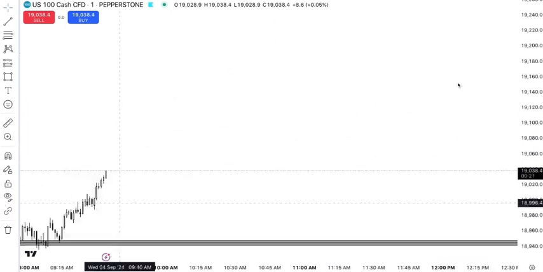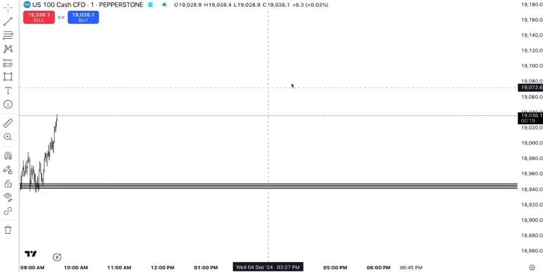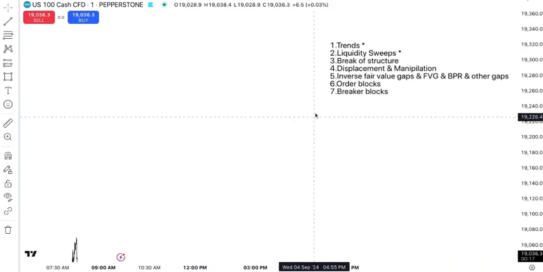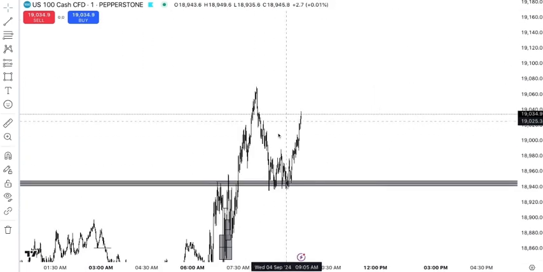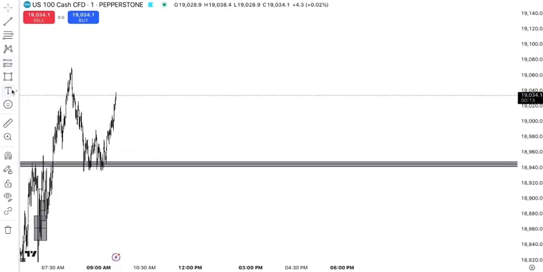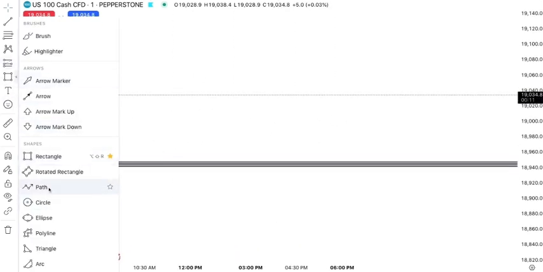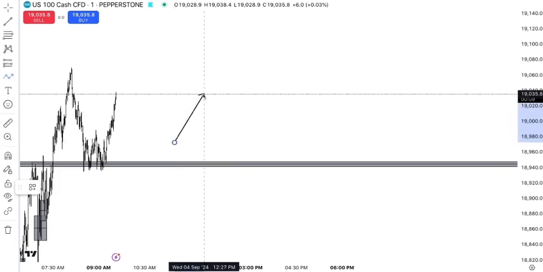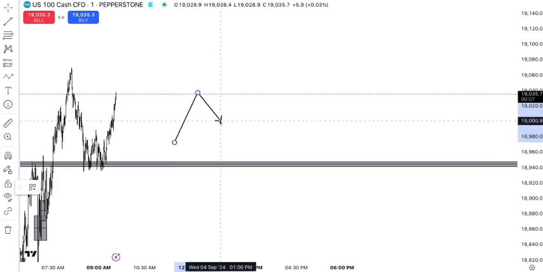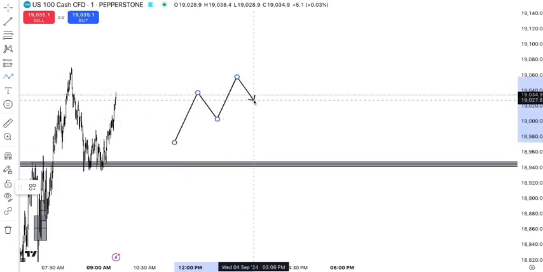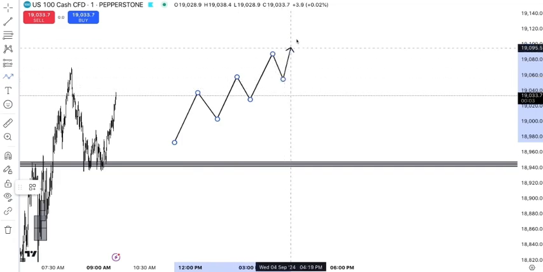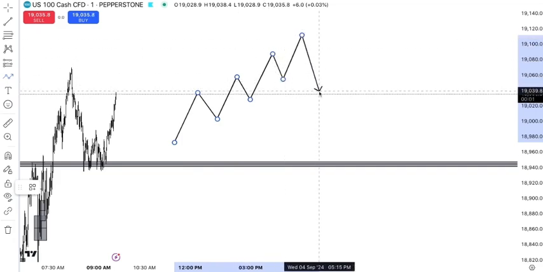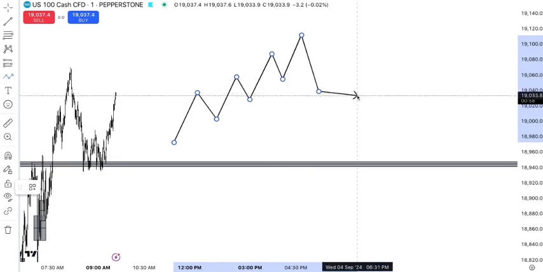So next we have order blocks and breaker blocks. Let me draw that out for you guys. Basically, an order block is the move up of the liquidity sweep. So let's say we have an uptrend. Let's say price comes down to sweep this, and then